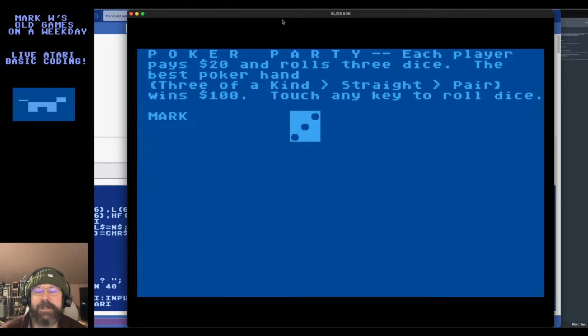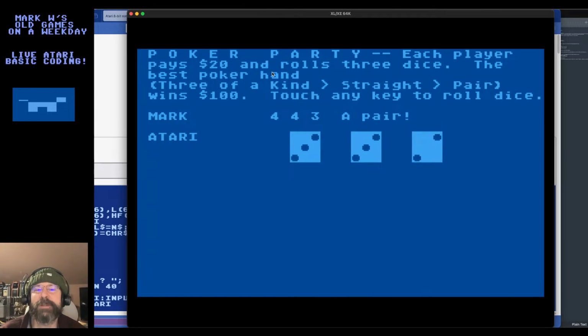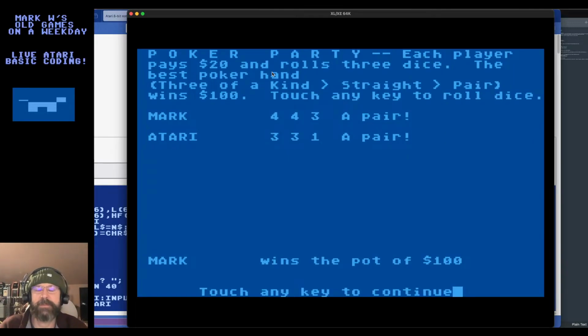Yeah, look at this. So you see it has my name, and then I press a key to roll the die. And then it does the same for the next one, and the next one, and then it displays the Atari is rolling here automatically. Yeah, so that's what I want to steal. I'm going to basically steal that with a little bit of logic added to limit the number of dice if you've only bought one or two or zero, and resolve it according to the way my game works.